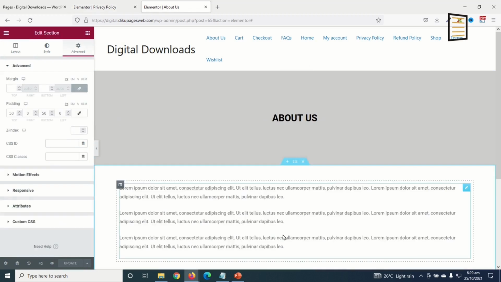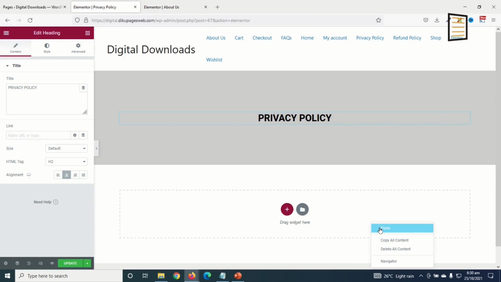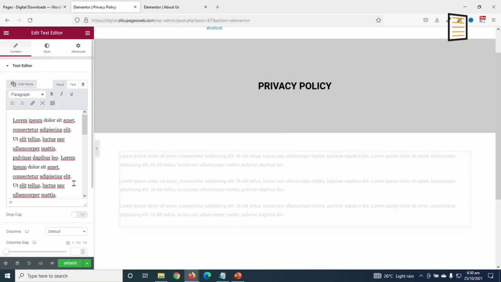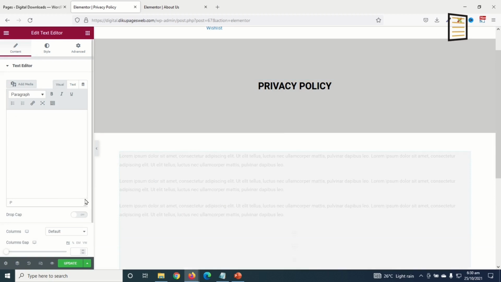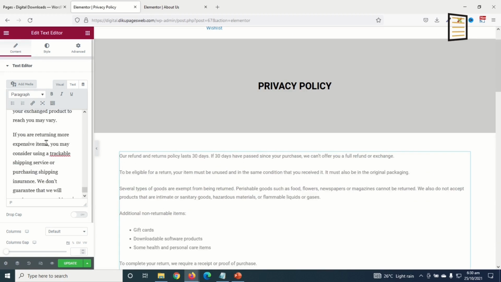Then going back, I can also copy the whole of this section. Copy, come back in here, right click, paste, and I'll just click in here to edit my text from here. Perfect. So I'll remove it and enter my privacy policy. So I have something I've copied to clipboard. I'll just go ahead and paste it in here.